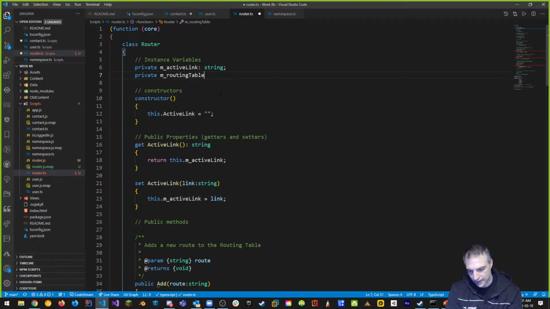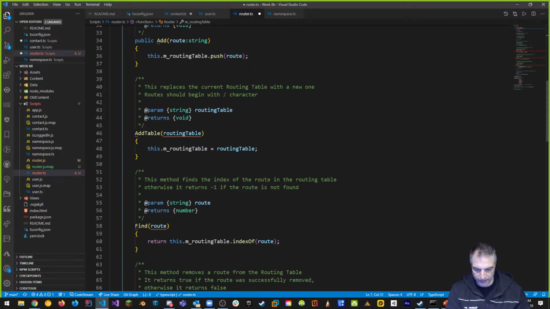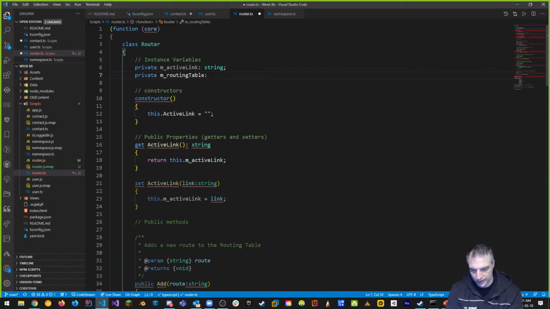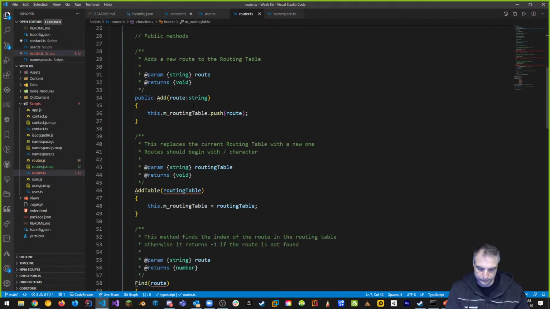We know the routing table is not a type any. Think about what the routing table is. The routing table is something that we're going to do an index of or whatever, right? A routing table is a table, is an array of strings. That's what it is. So that's what we have to do here. It's the first time we're doing that. So we're saying a routing table is an array of strings, right? A string array, right? And this is where it helps us define what it does. If I go back down to the routing table now, you can see that routingTable.push makes sense because push works on a string array. Okay, I'm pushing a string to the string array.